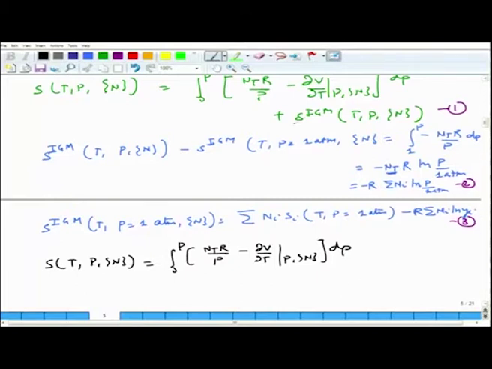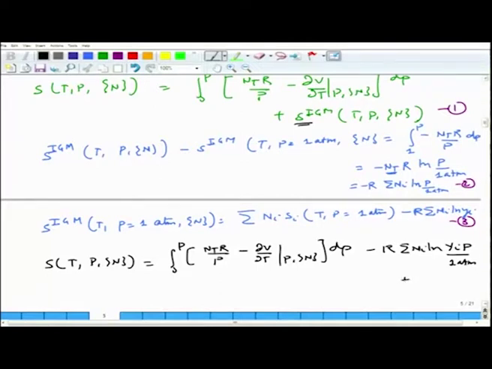Now, we are going to use this expression, which depends on the pressure P of 1 atmosphere, which is an accessible pressure. So I am going to take this on the right hand side, and then use this expression. So, we can combine this expression. Let me write it here, minus R summation Ni ln yi P by 1 atmosphere,